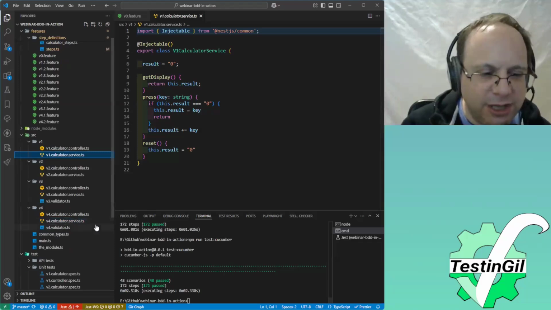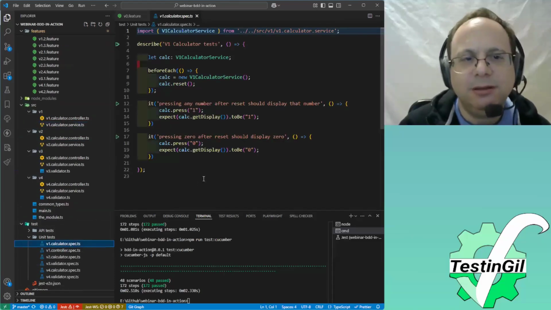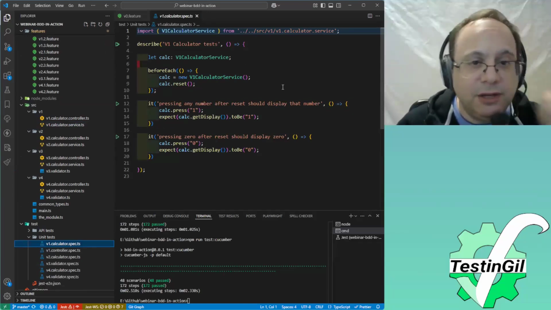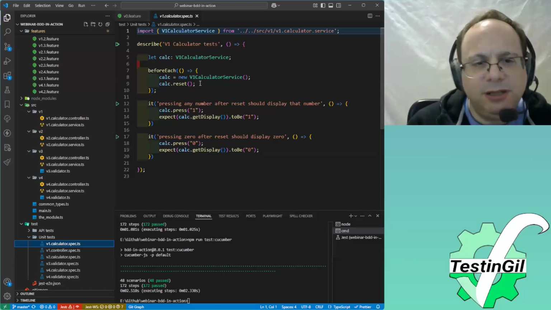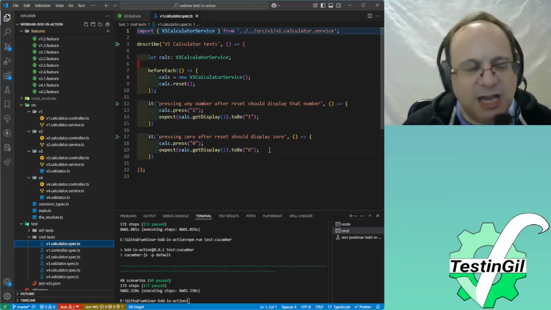So I also added a couple of tests here. These are unit tests for the calculator service, which resets it at the beginning, and then pressing any number after reset should display the number, and pressing 0 after reset should display 0, which kind of correlates to